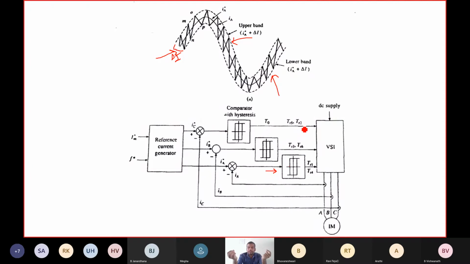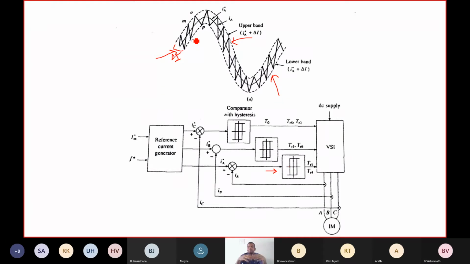When phase A is connected to the positive terminal, then TR1 is on, TR4 is off, and IA will be positive. Similarly, when you connect phase A with the negative terminal, then TR4 is on and TR1 is off. So this is the condition now. Considering Mn, the current IA flowing through phase A is negative, so it is falling from M to N.